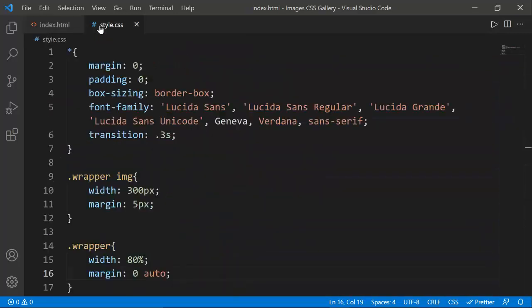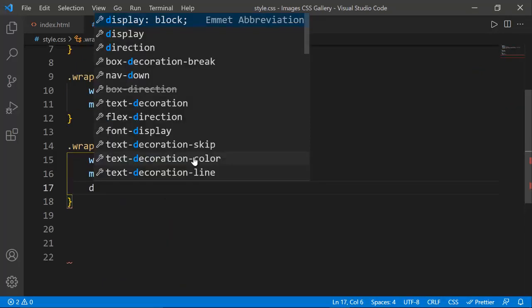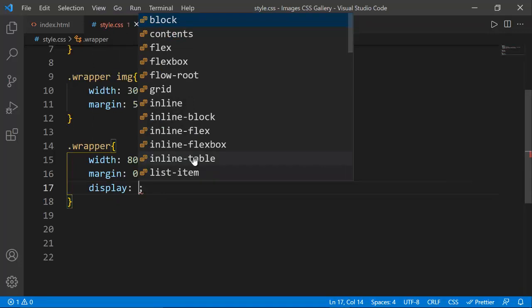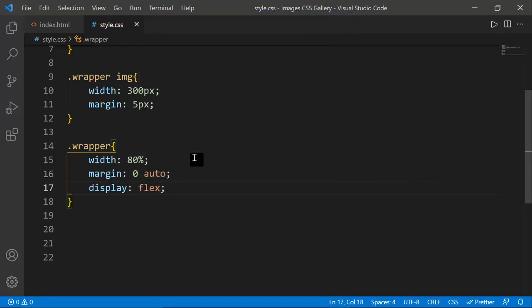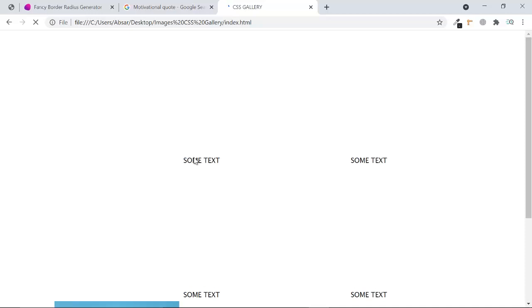Now what can I do? I'm just coming here inside the wrapper tag. I'm going to set display to flex. Okay, so it's very important because here we are also using a flex property. Now once you refresh your page and wait for some time,